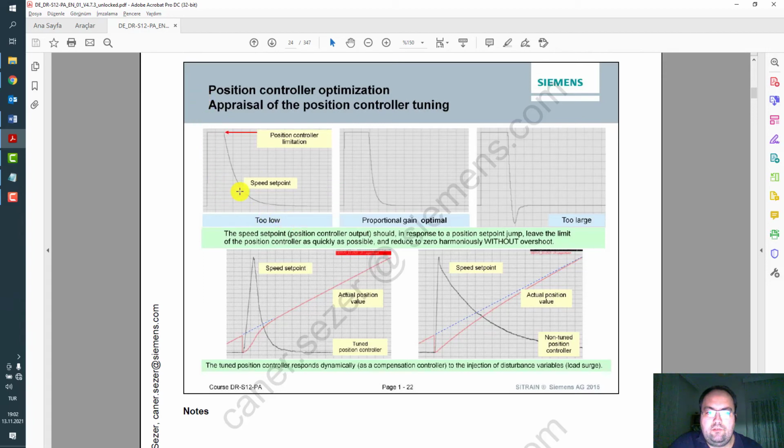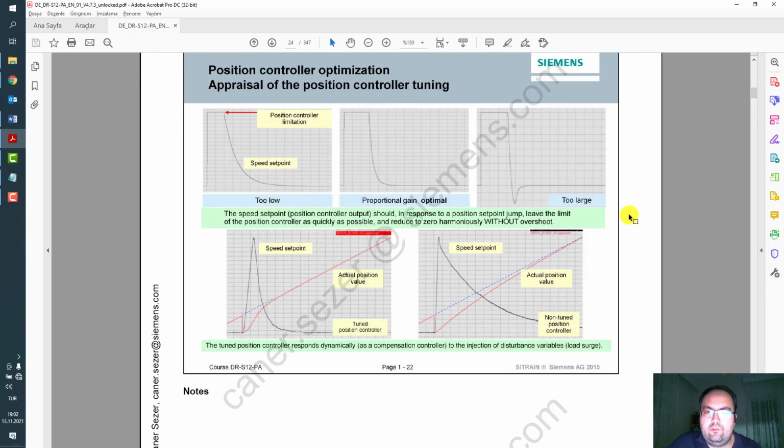And on the left side of the screen an example picture of the speed set point curve is too low. In the middle proportion gain is the optimum, and you see like this, it should be like this. On the right side when you enter it too much, it looks like the undershoot or overshoot.